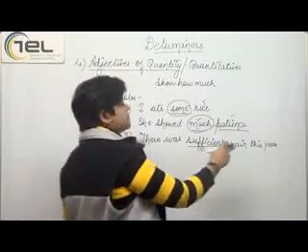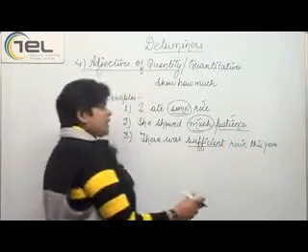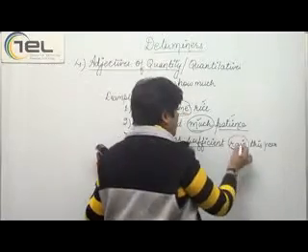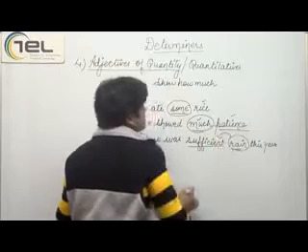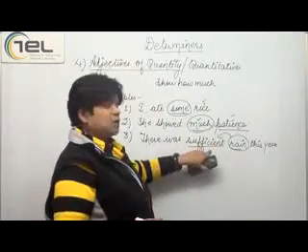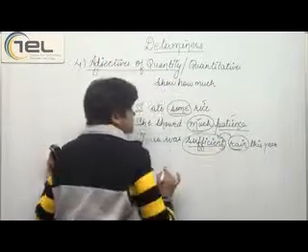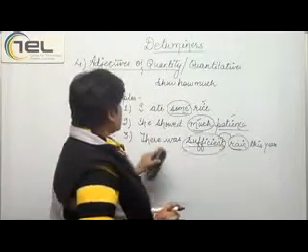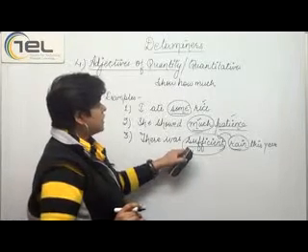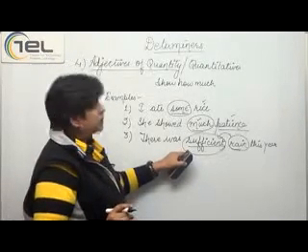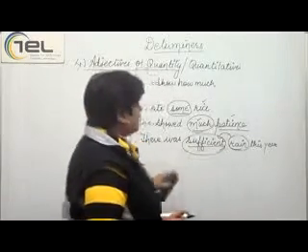There was sufficient rain this year. Rain here is the noun that we are using, and the quantity is told by the word sufficient. So sufficient is the quantitative word used here. Sufficient is called the quantitative or the adjective of quantity that is describing the amount of rain that happened.